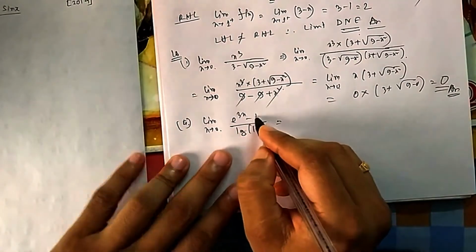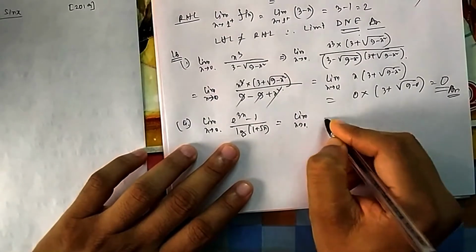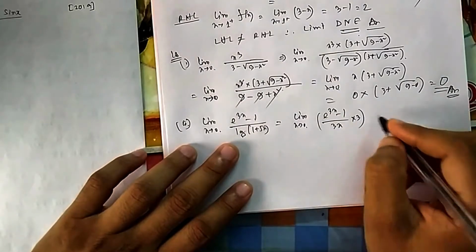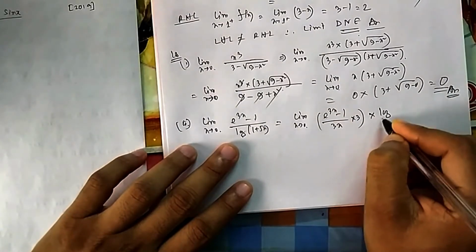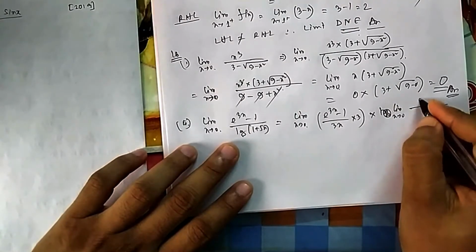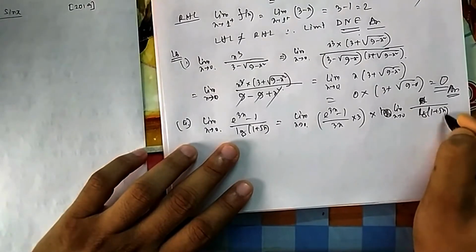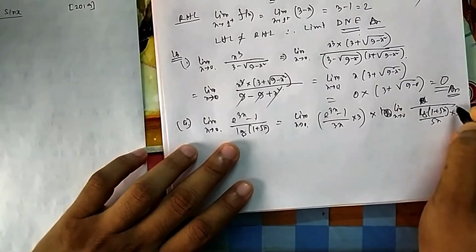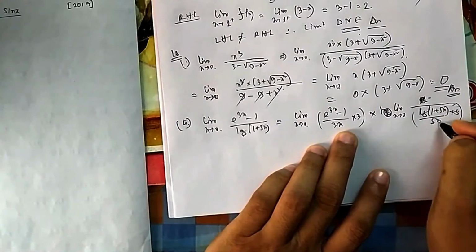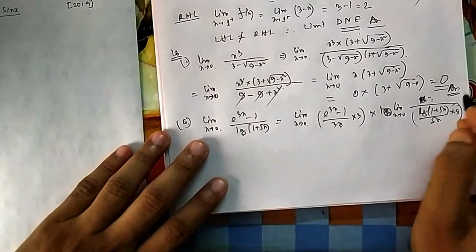This one you have seen so many times. To take care of this e, you need to divide by x. To take care of this log, you need to divide by x. So let me bring 1x and do it a little bit faster now. Instead of x I am writing 3x because I need to make it 3x, and then limit x tends to 0, and this is x divided by, or you can think of it as 1 log 1 plus 5x divided by 5x into 5. So 5 would get cancelled, and this x will come here. The 1x I have given extra, this x and this x will get cancelled. That extra x I have given for this one also, so that all becomes formula.